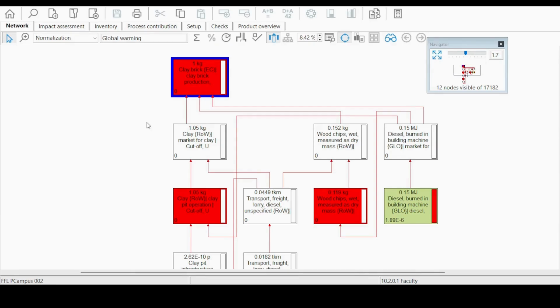So here you can find only one type of clay brick, that is 1 kg of clay brick, and it is from a particular production facility. In the network diagram, you can see the different kinds of input material and process which may be required to produce 1 kg of clay brick at any specific production facility. That is, to produce 1 kg of clay brick at a particular facility, it may require 1.05 kg of clay